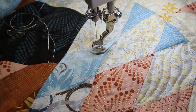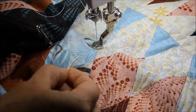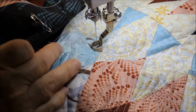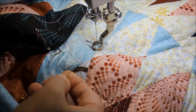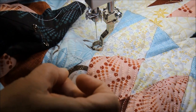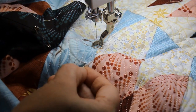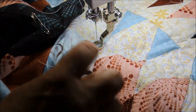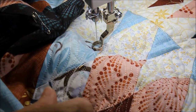Once I've got the knot in there, I like to lift up my fabric, and I like to follow where the row is going, where the stitching line is going, and put my needle in about a stitch length away from where I was when I ended. And then I have my hand underneath the quilt so I can make sure that I'm not putting my needle through the back side of the quilt. I want to run it along in between the layers inside the batting. And then using this self-threading needle,